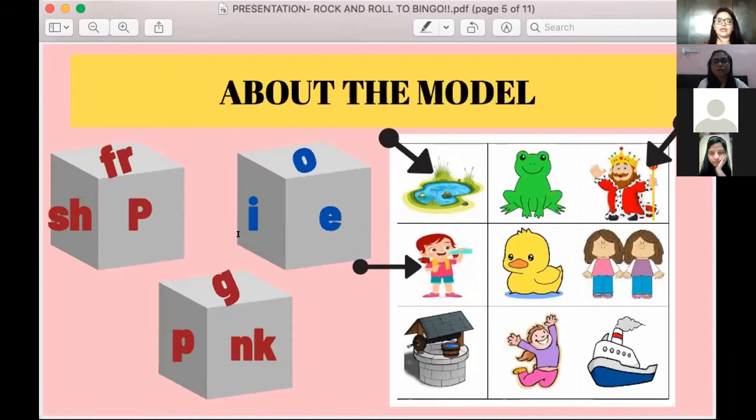In the same way, if a child completes the pictures in a diagonal way, in a horizontal way, or in a vertical way, then the child can yell bingo and proceed further and claim the prize. But not more than one line. If the child has completed one line, they won't be able to claim the prize for the second. They will be able to play the game further, but they won't be able to claim the prize. They only have to complete one line in the given template.